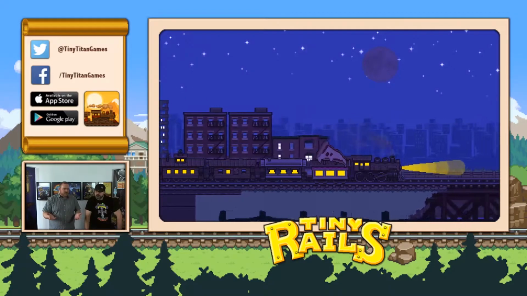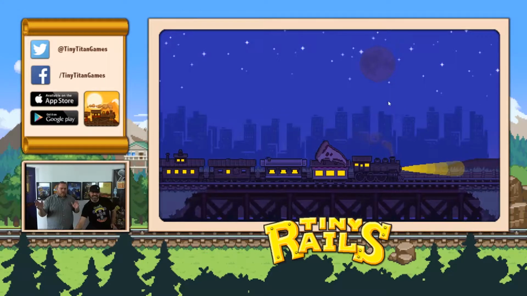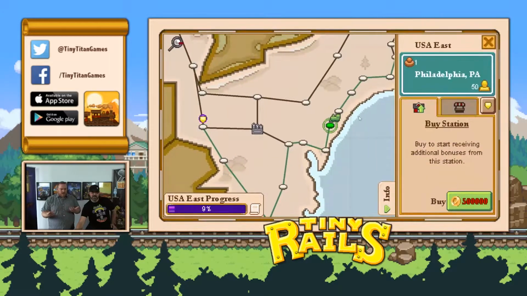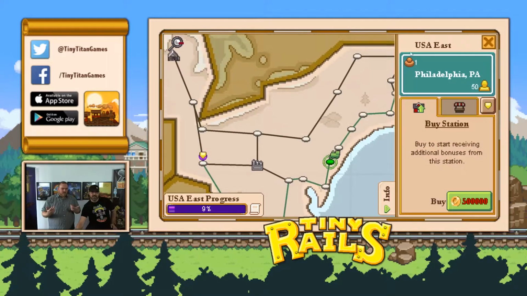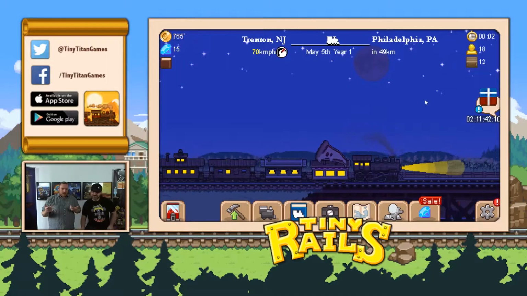I'm curious where our train's going to end up, by the way. It started in Hartford. So by the end of the stream, we haven't picked any waypoints, or... I actually did set a waypoint. Okay, well, don't tell me, because you're taking the mystery out of it at this point. Oh, it's just going to Philly. We also only have USA East unlocked, so there's going to be a fairly limited...